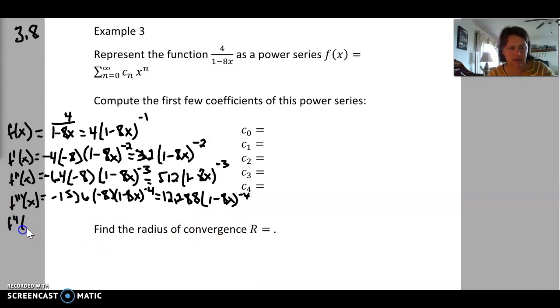Then we have f to the fourth of x is equal to 12,288 times 1 minus 8x